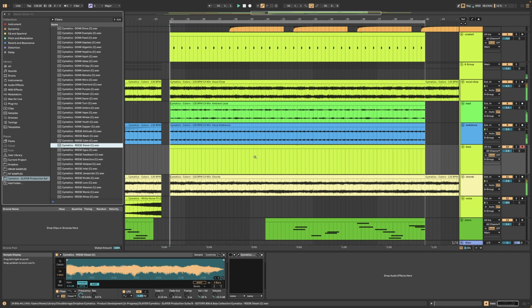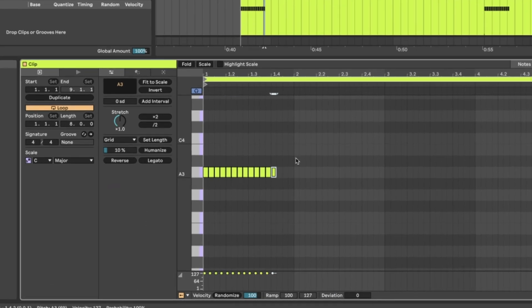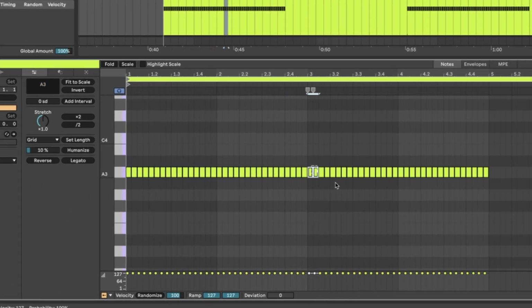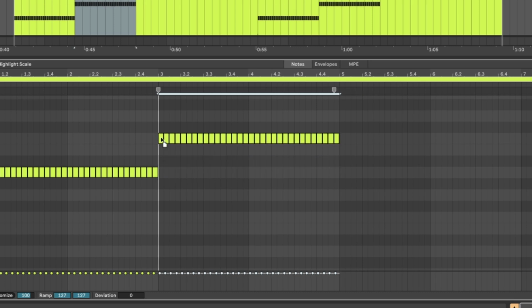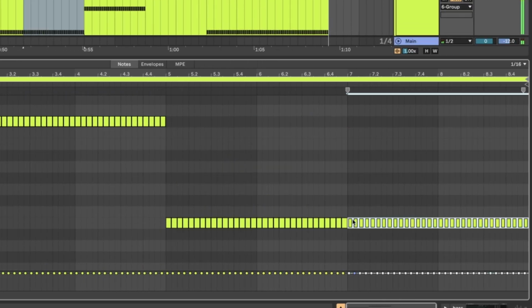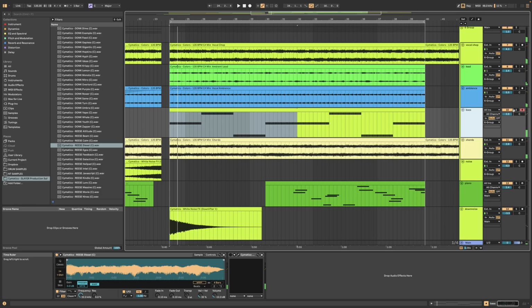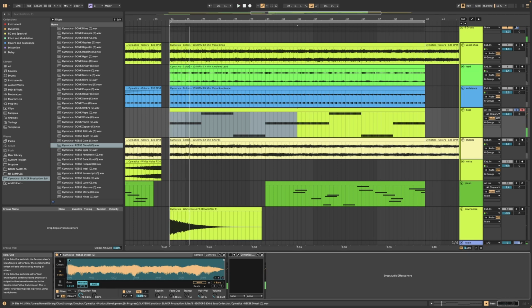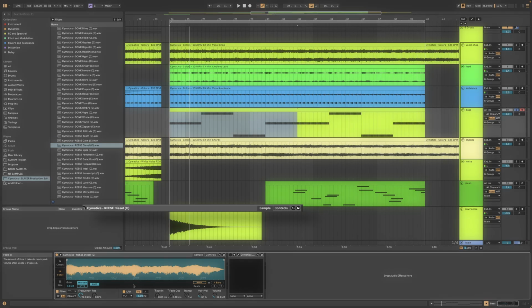Let's load up a Reese bass. I'm going to spam some notes here, repeat this pattern. You might be wondering, this doesn't quite sound like any kind of a donk bass. It's not like a short, stabby, plucky sound. And the way we can kind of make it into a donk bass is, first of all, we need to